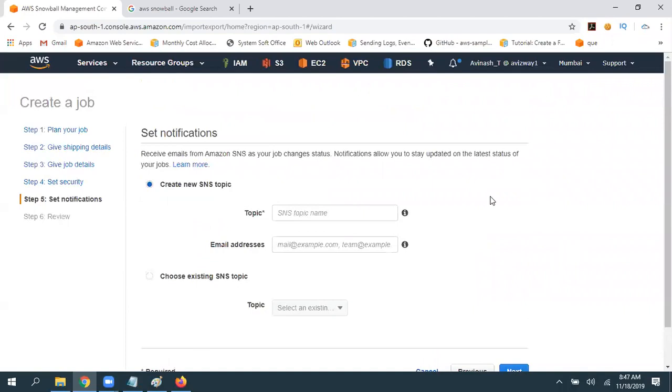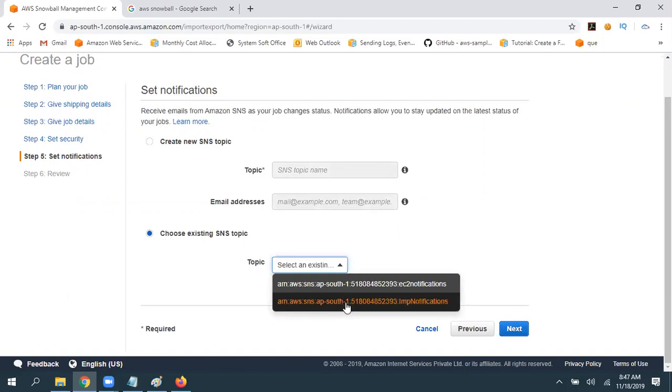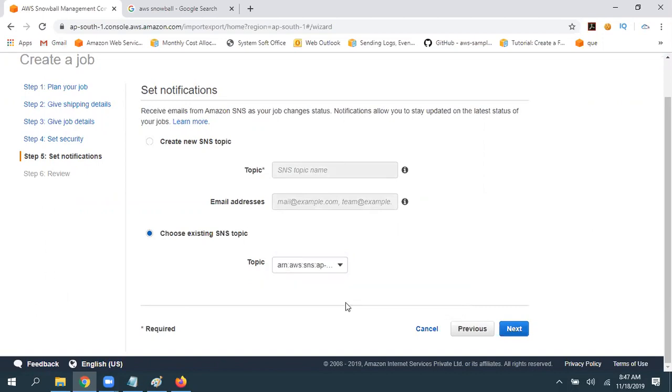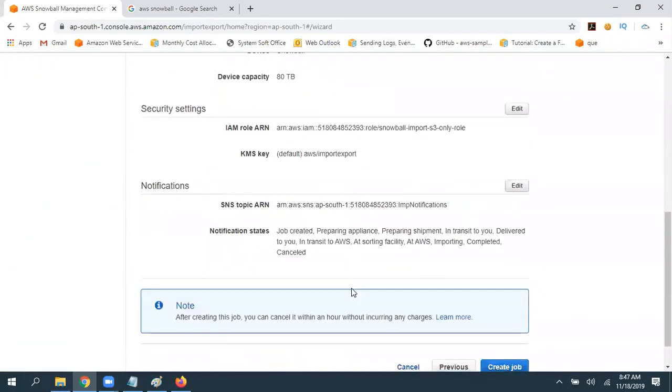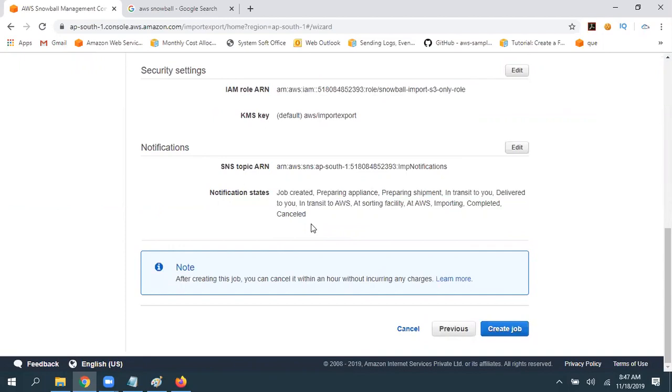Let's click on next. Again, SNS topic. So if you want to get notifications, you can simply select. Yesterday in our last session, we created one SNS topic, right? So if you want to use the same, you can just go here, you can use the same. This is the one we created, important notifications. You can select how many users subscribed, they all are going to get notifications related to this particular job. Then click on next. So this is information and they are going to get notification when all these happen.